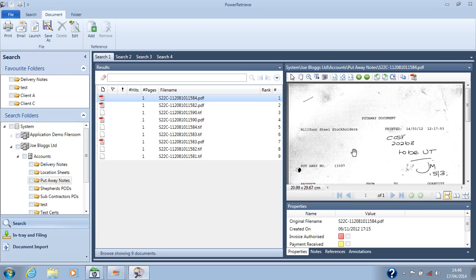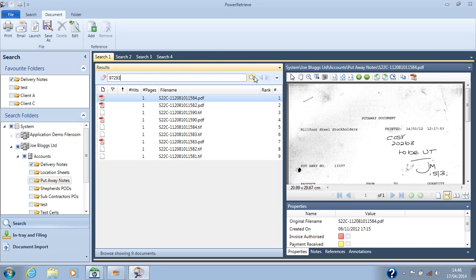This means you can find the proverbial needle in a haystack no matter where it appears within the document or stack of documents, based on the information that is known or critical at that time. Even if you don't retrieve very often, the removal of that need to manually index or rename every document provides significant benefits. If I wanted to find a delivery note, I simply tick in the box of that folder, type in the number of the delivery note that I require,